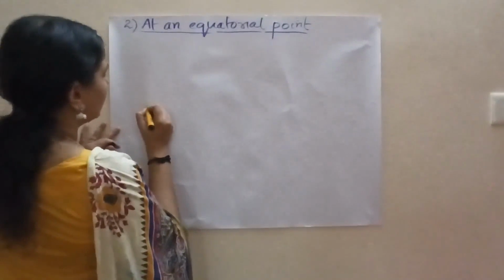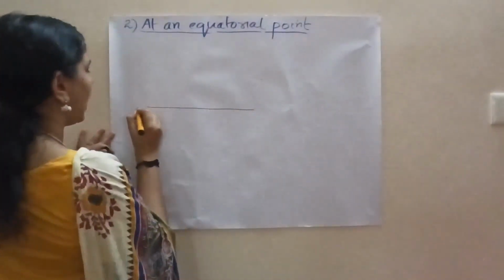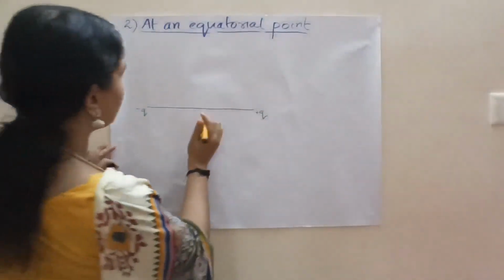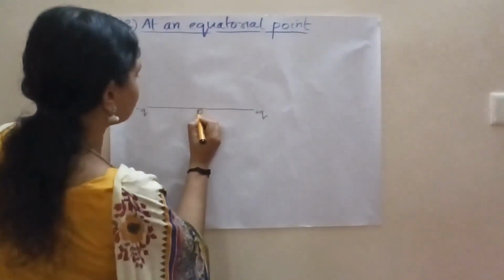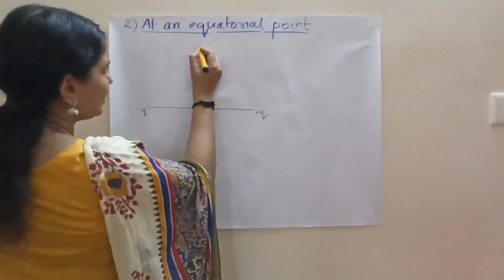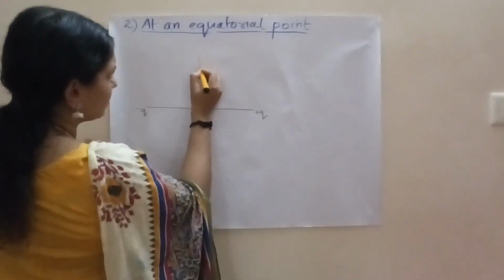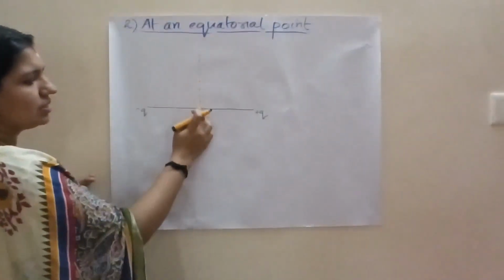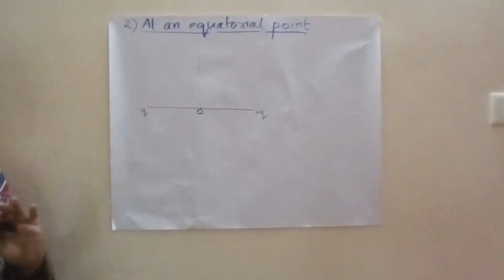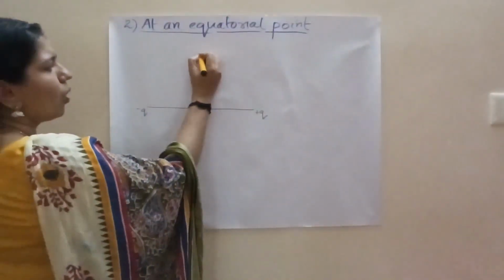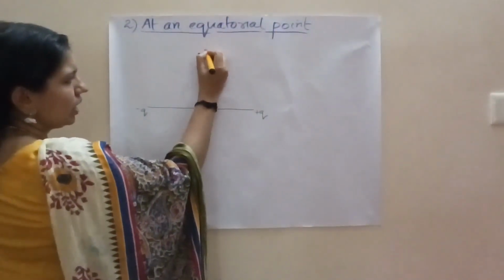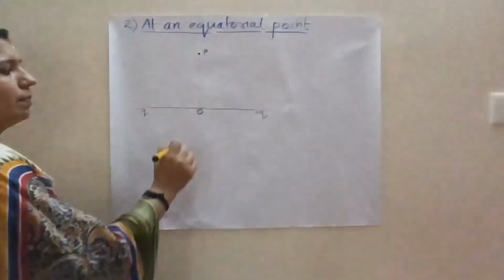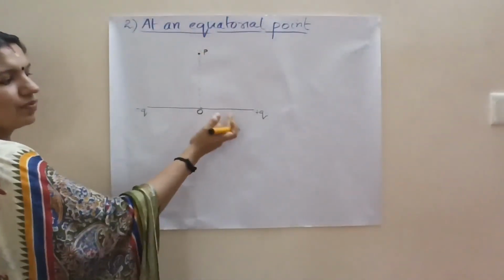Listen carefully. This is my dipole having minus q and plus q charge. Let this be the midpoint or center of the dipole. If I am considering a point somewhere here, that means on the perpendicular axis, the perpendicular distance drawn to the center is considered as the equatorial point. Now let the point be P. I have to find the electric field intensity at this equatorial point due to the dipole.